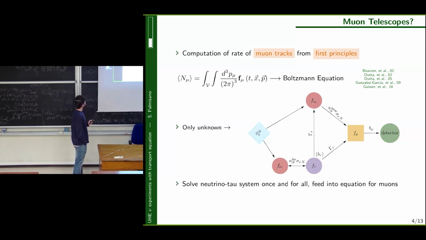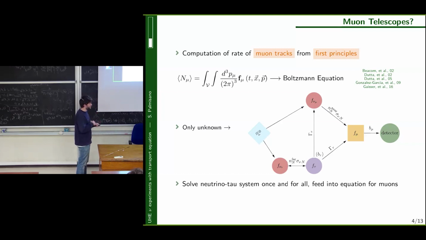Muonic neutrinos can then, interacting with the medium, upscatter to a muon, which then travels toward the detector or is produced directly inside the detector, and it is eventually detected. Tau neutrinos, on the other hand, upscatter to taus, of course. Here, the situation is a lot more involved because taus travel for finite distances and then they decay to either muons and neutrinos, in particular to muons, which then travel on. But of course, the tau decay can repopulate, for example, neutrinos in this process.